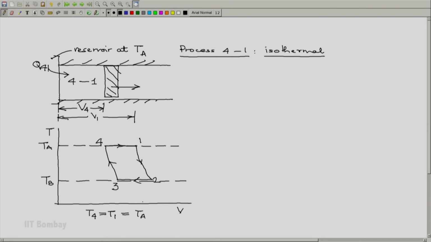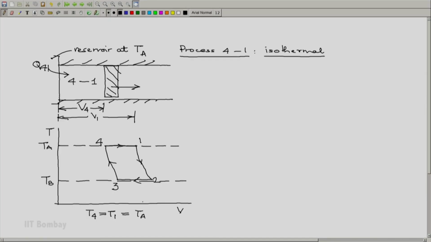In practice it will have to be slightly less than TA. Since we are saying that it is going to be an exactly reversible cycle, we will neglect that small temperature difference. So this way we have looked at all the 4 processes in the Carnot cycle,